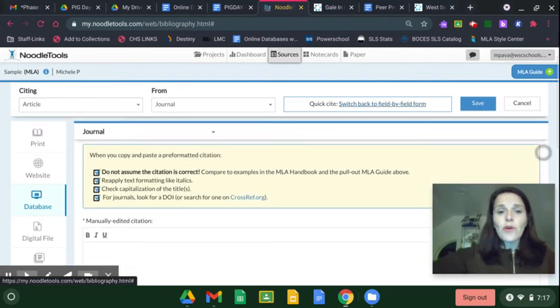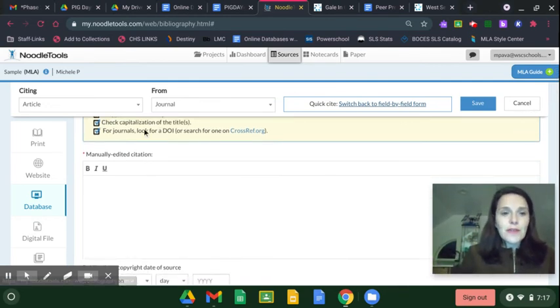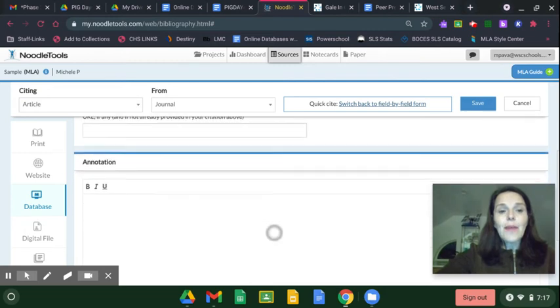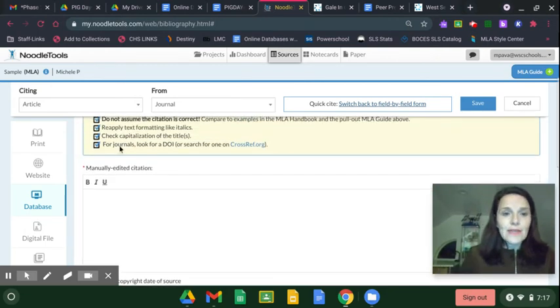And they give us some more warnings about making sure that it's really good. And the first box here is manually edited citation. This is where I'm going to paste my citation. There is a second box lower down, annotation. We will be using that, but not now. So please make sure that you put citation where it says citation. In my drive,